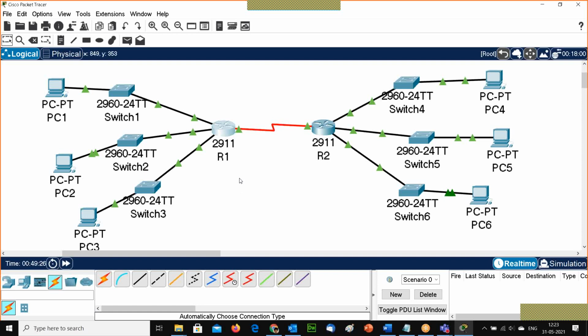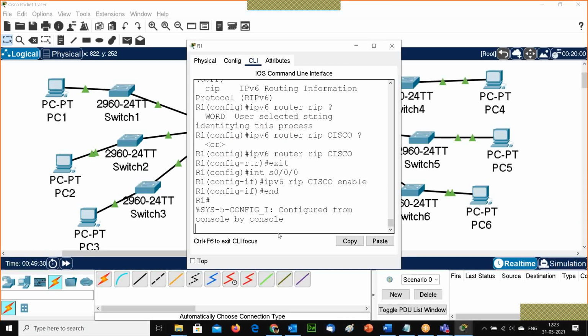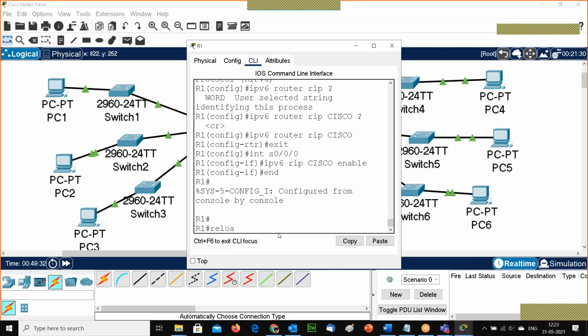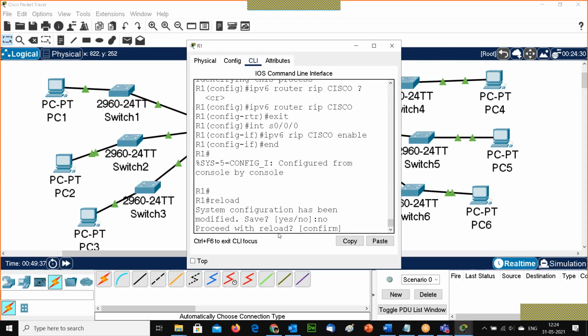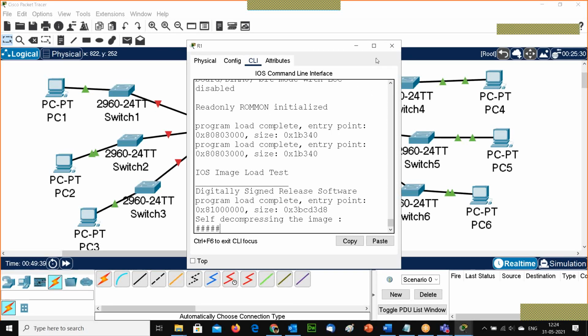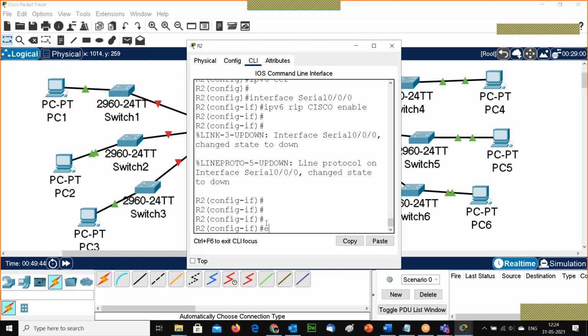So let's go and touch upon EIGRP. What I'm doing, I'm just quickly reloading all the routers. So I'm reloading the first router. No, I'm not saving. Reloading.